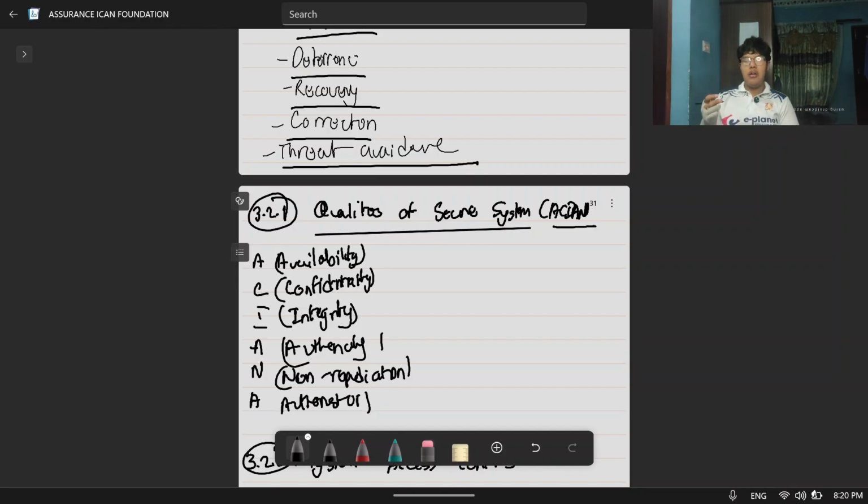So availability भने if information or system must be accessible only to those with authority, and confidentiality भने system should be restricted from random people or unauthorized people. Integrity भनेको data must not be altered and it must be accurate and correct. Authenticity भनेको the data must come from a reliable source or a genuine source or trustable source.